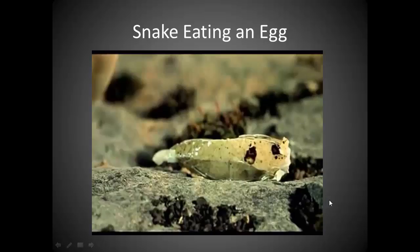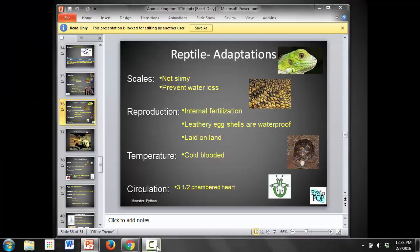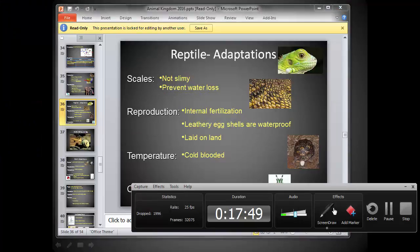What if it eats like a rat? They're usually pretty strong digestive systems. Like it eats a rabbit and what's it do with the bone? The bones go through, smaller parts could go through, and it depends on the type of